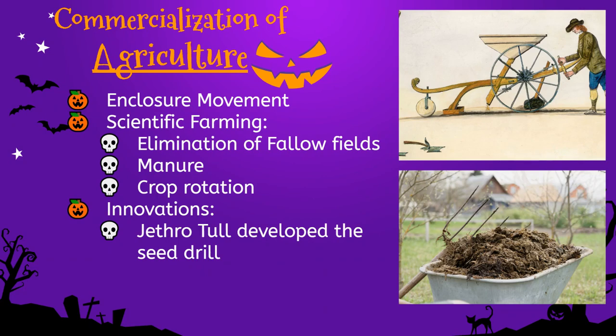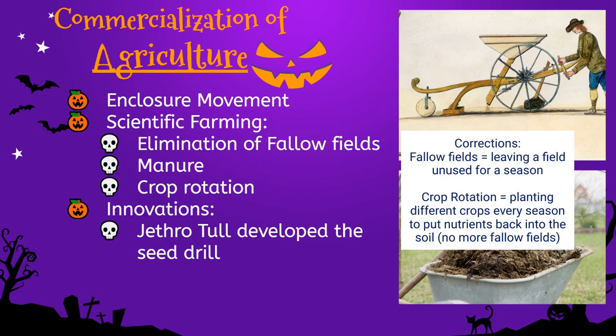So that's going to be through nitrogen-restoring crops like turnips and clover, and you alternate what is in that field. So you leave one empty and move on, and it keeps the soil healthier. Then manure is going to be effective, and then crop rotation again kind of goes back to the fallow fields a little bit, where you rotate your crops, you leave one part empty, and then again, better production of crops.